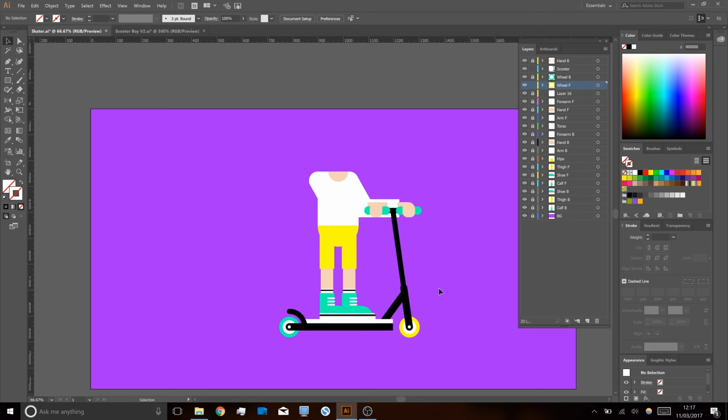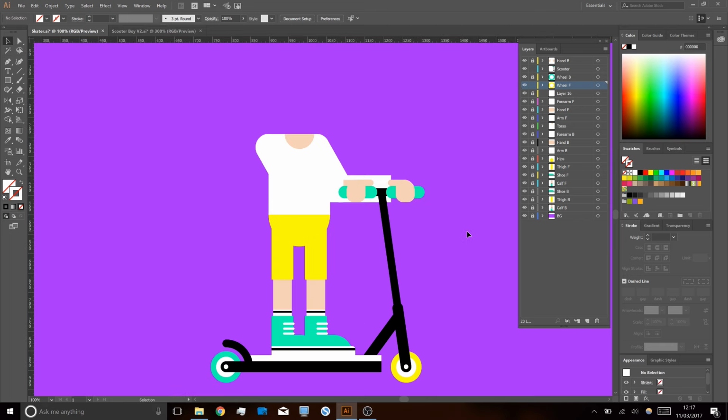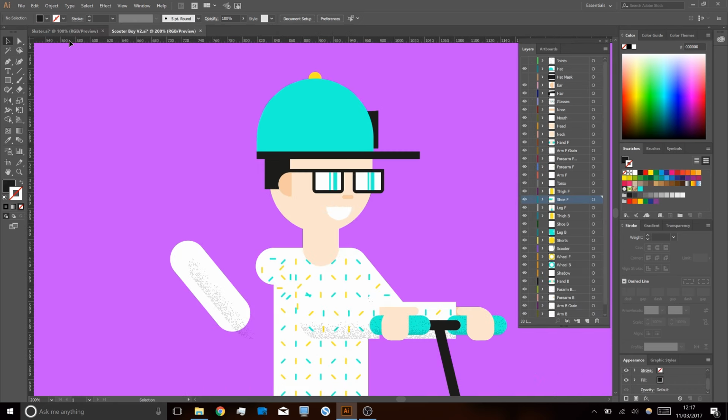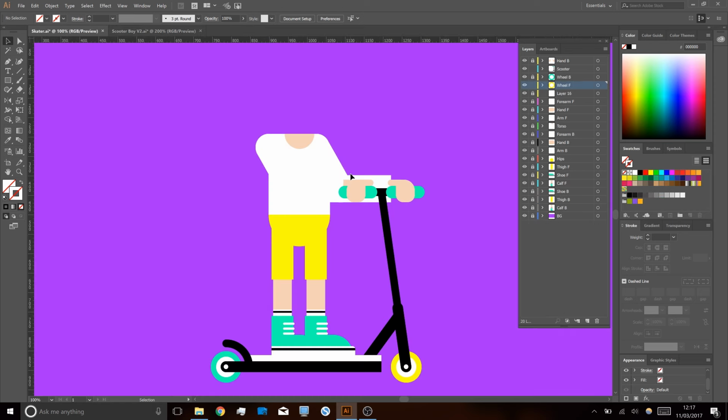There we go. So we're getting there slowly. This is taking longer than I thought it would to explain how to draw. This is a complicated rig. Lastly, we just need to draw the head, which is dead simple. It's just,